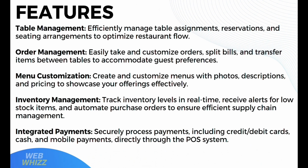As you can see, some of the features it offers include table management, which is to efficiently manage table assignments, reservations, and seating arrangements to optimize restaurant flow. It also offers order management, which is to easily take and customize orders, split bills, and transfer items between tables to accommodate guest preferences. And it also offers menu customization to create and customize menus with photos, descriptions, and pricing to